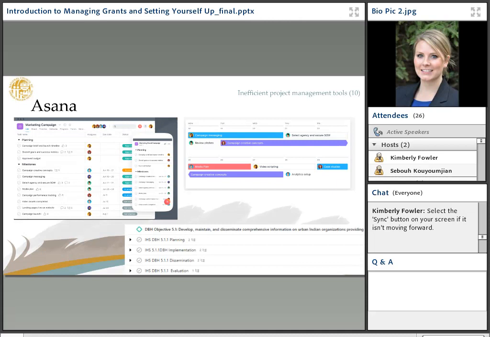One quick thing that I will share too about Asana is they do have a mobile phone app, so that makes it really easy, especially if you're on travel or in frequent meetings. You can always get updates that way. It notifies you when a team member marks off a task, so you're notified that a task is complete. And it's a great way to keep track of all of the different components within a grant or a project.